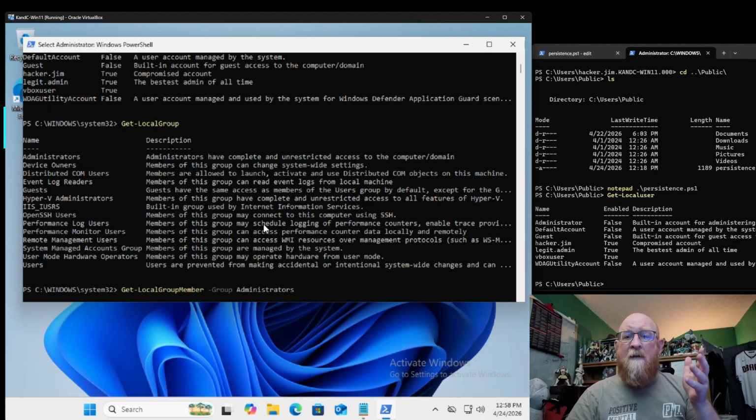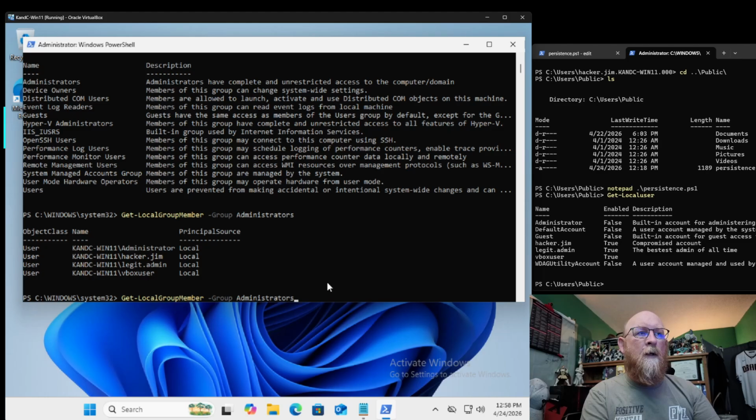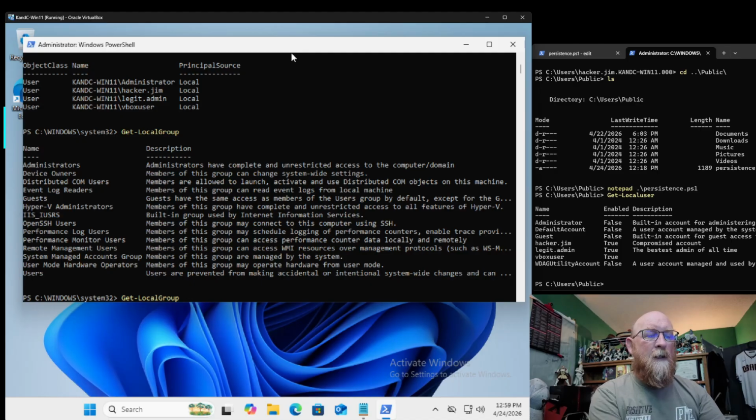But we also have to identify where he is. Now we could do it one at a time, like we just did. But that's not very efficient. Let's do this intelligently through the pipeline. All right. So you Get-LocalGroup. And what we're going to do is we're going to take that output of the local group. You see all of that stuff. And we're going to push it to